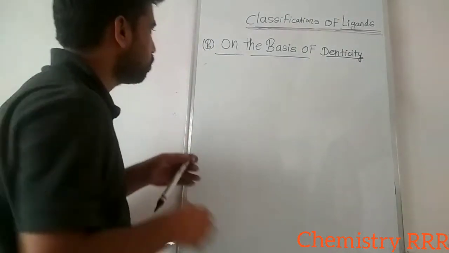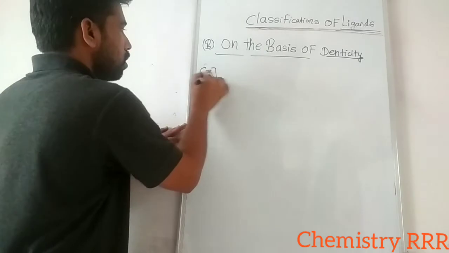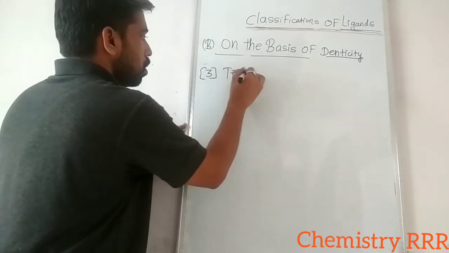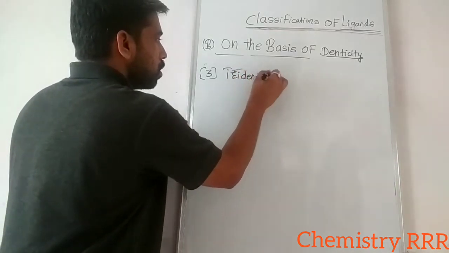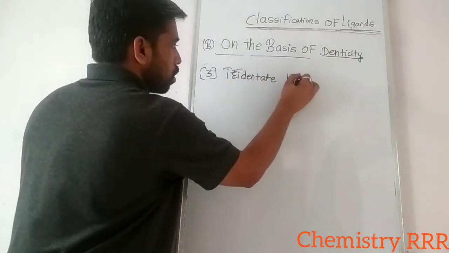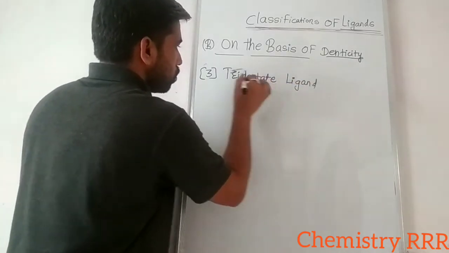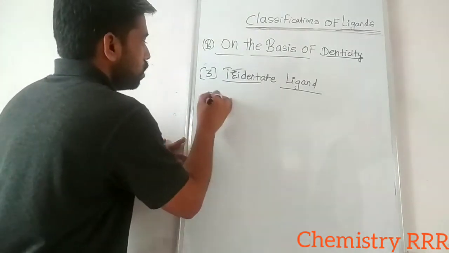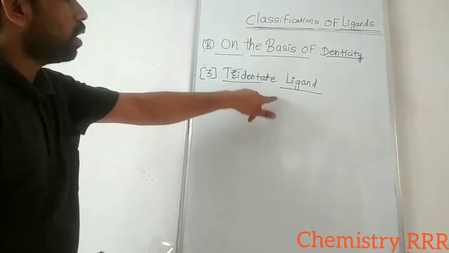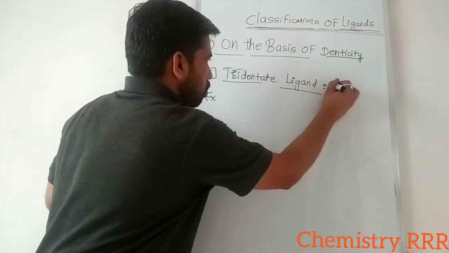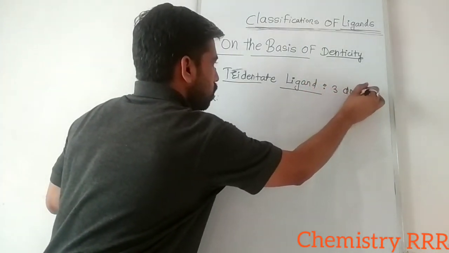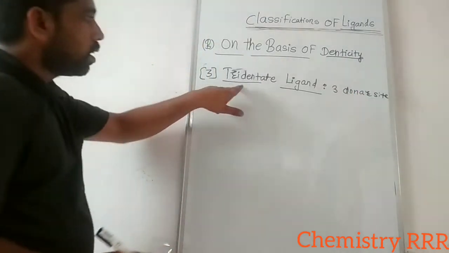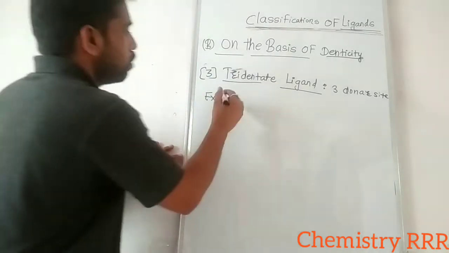Tridentate ligand. Our next category is the tridentate ligand. A tridentate ligand has three donor sites. Three donor sites present on the ligand are called tridentate ligands. For example,